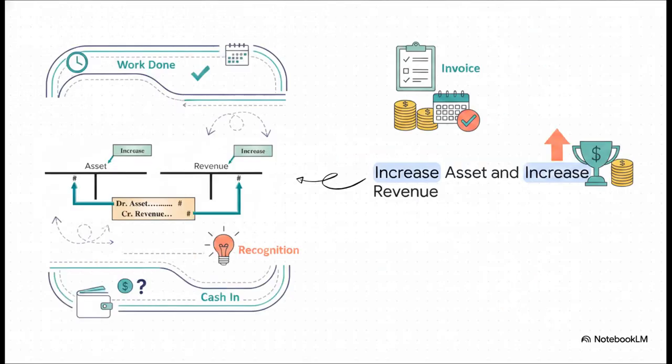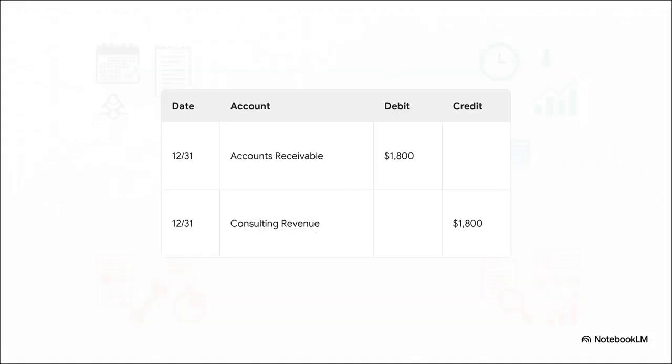Now, because we can't just pretend that work didn't happen, we need to increase an asset, specifically accounts receivable, showing we have a legal right to receive that cash. Simultaneously, we increase our revenue account to get the much-deserved credit for the work we've done this year. Let's put some hard numbers to it. Out of a 30-day, $2,700 contract, if 20 days of hard work have passed by year-end, you have legitimately earned $1,800 of that total. So you simply debit accounts receivable for $1,800 and you credit consulting revenue for $1,800 to